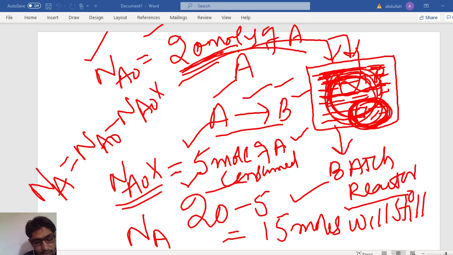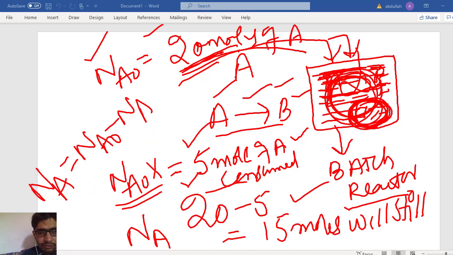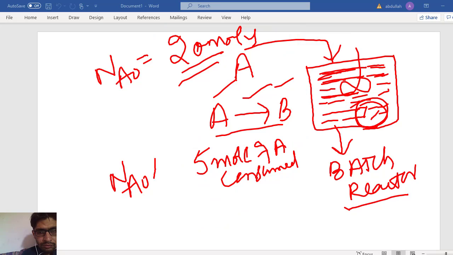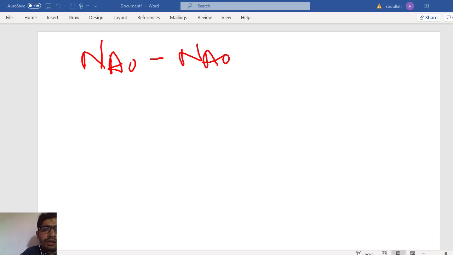So from this relation, from this equation, we can derive the conversion of A, that is, how many mole of A are converted into B. So from this equation we can define the conversion of reactant A. We will define the conversion in the case of batch reactor, where N0 mole was entered at the start of the reaction into the batch reactor, N0 x mole of A was consumed during the reaction, and Na mole of A was still present in the